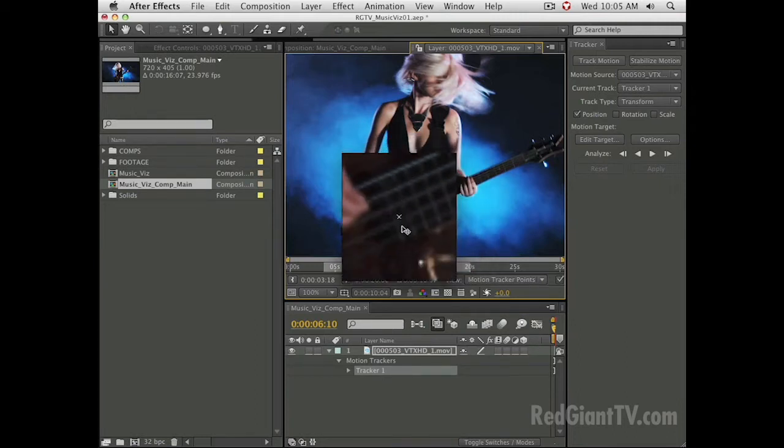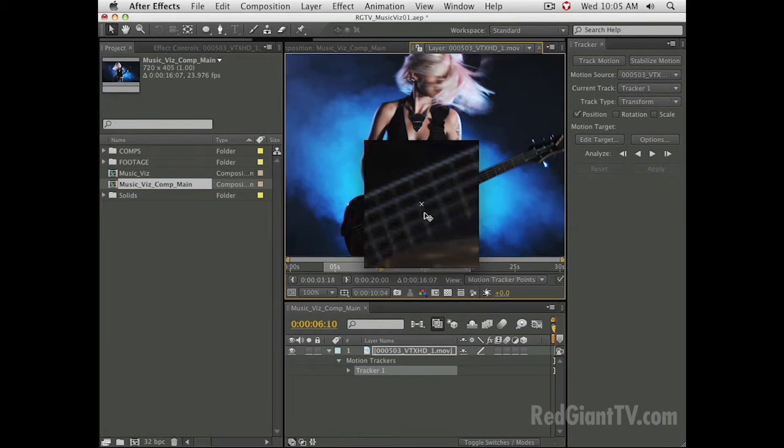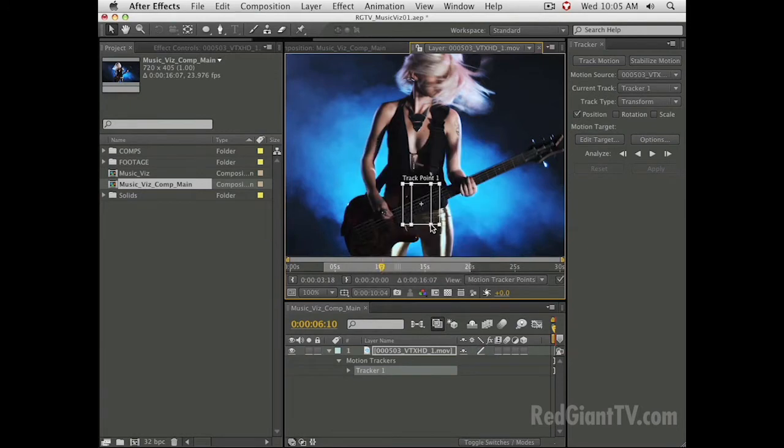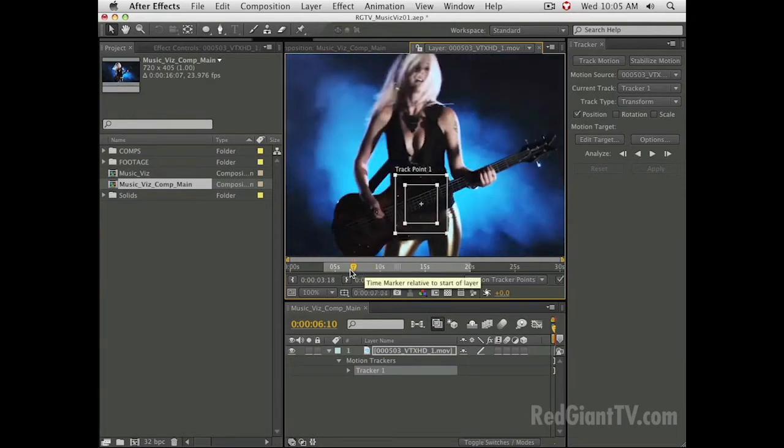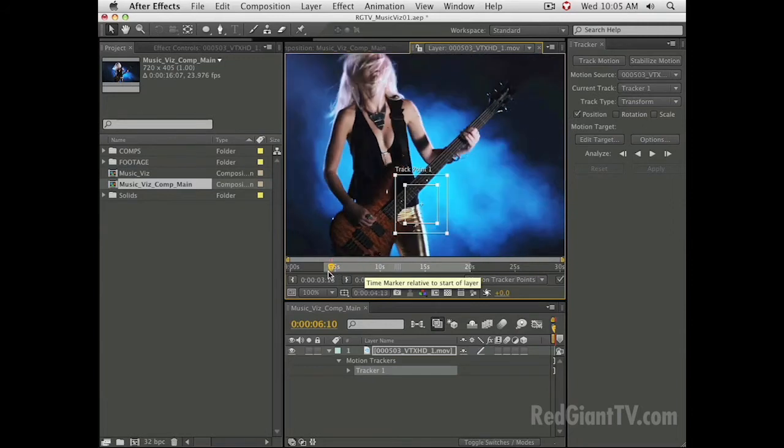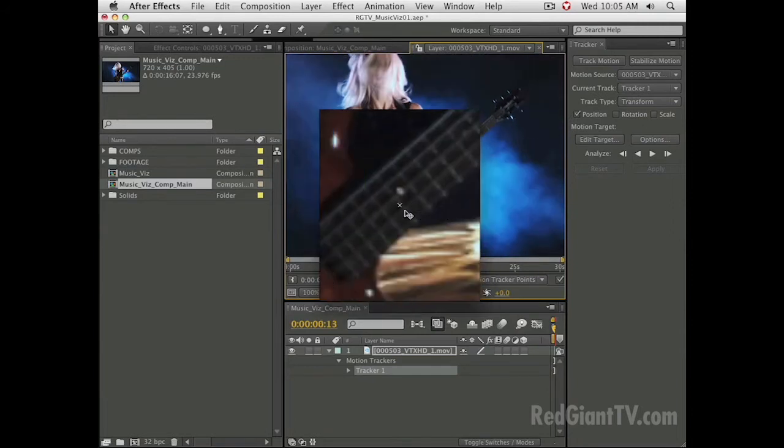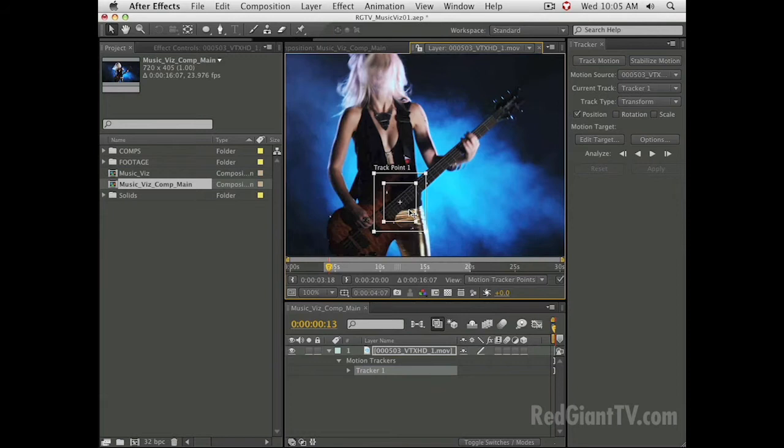So what I'm going to do is have it track this grid pattern formed by the frets of the guitar. It's a pretty decent area to track, but just through experience, I've learned that I need to expand this out quite a bit to get an accurate track, because to the tracker, these grids all kind of look the same, and it's very easy for it to kind of error and